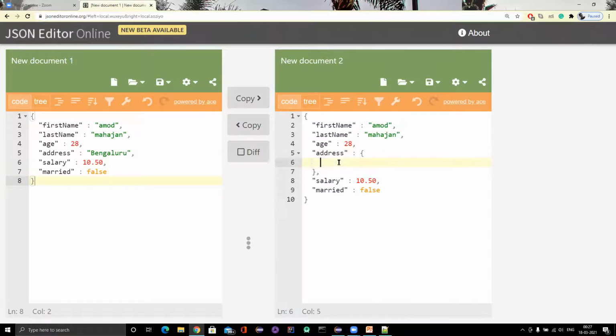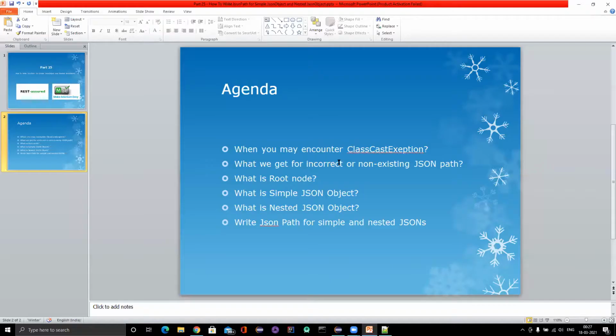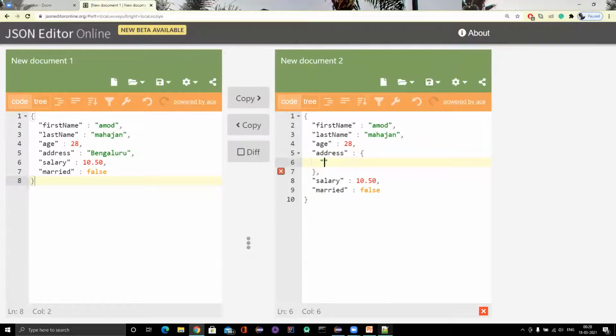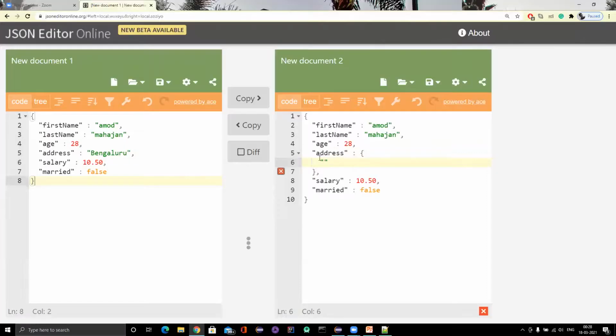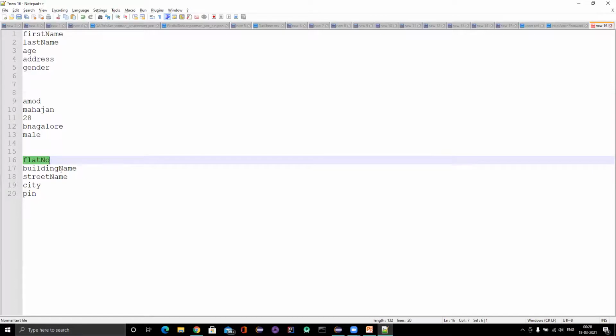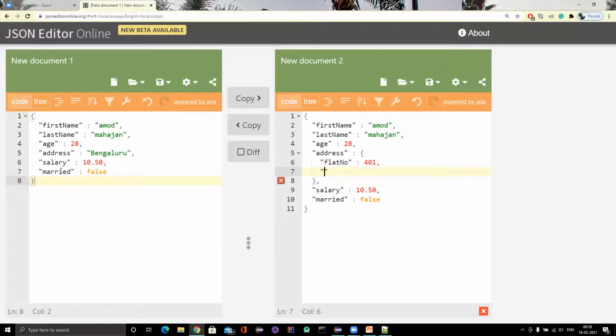Here also you need to create key and value pairs like this. So what keys have we decided? We have decided flat number. Let me put the flat number, suppose 401. Then we have building name, let me put something like ABC.